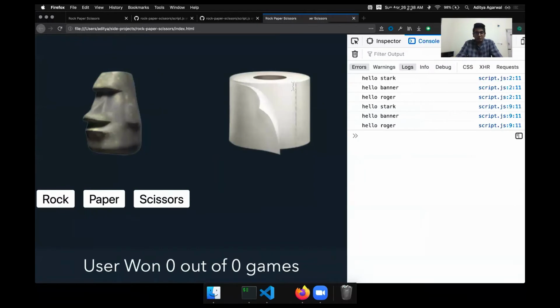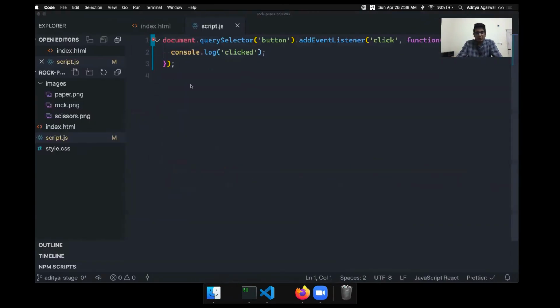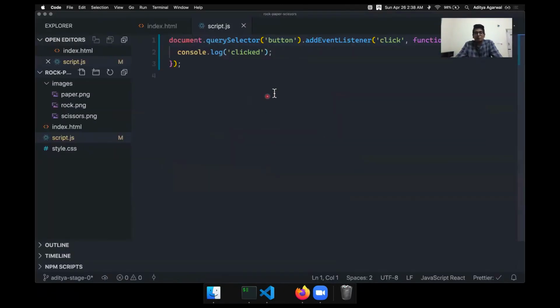If I refresh, and let me just remove all this. If I click on rock, you can see that clicked is getting logged 4 times because I clicked 4 times. But if I click on paper, nothing happens. Clicking on scissors, nothing happens. That is because querySelector just gave us the first element. So the click event listener got applied on the first button.